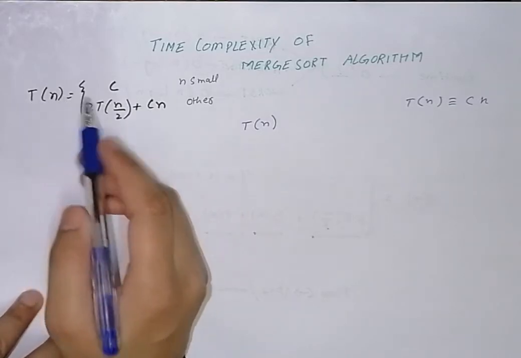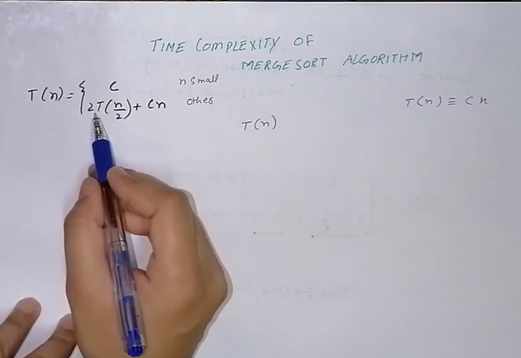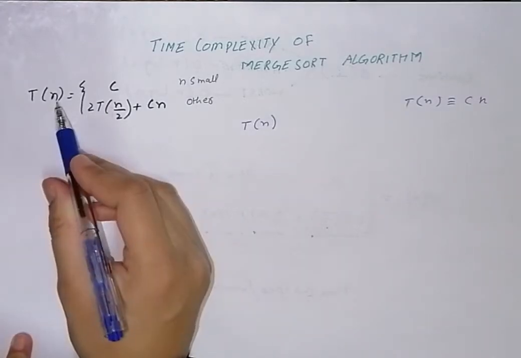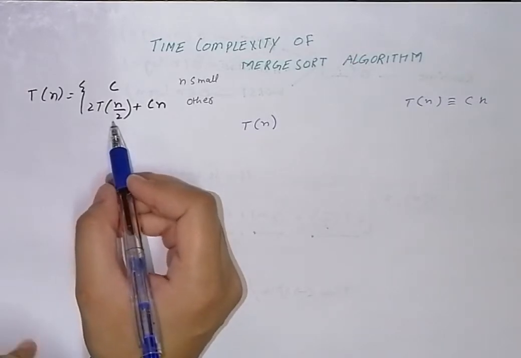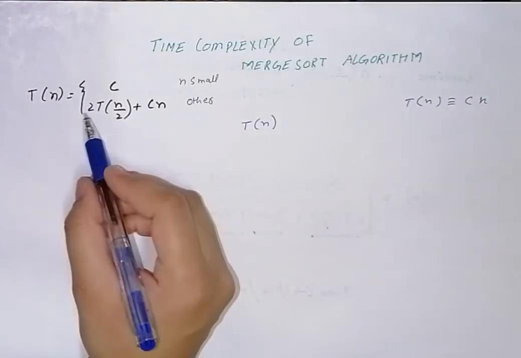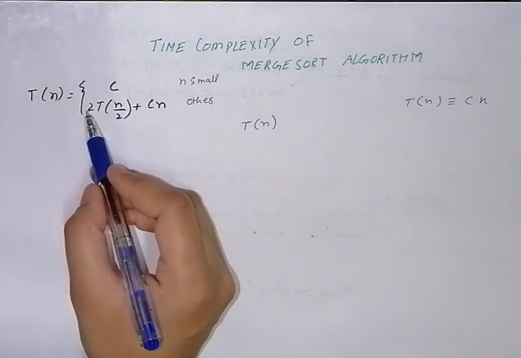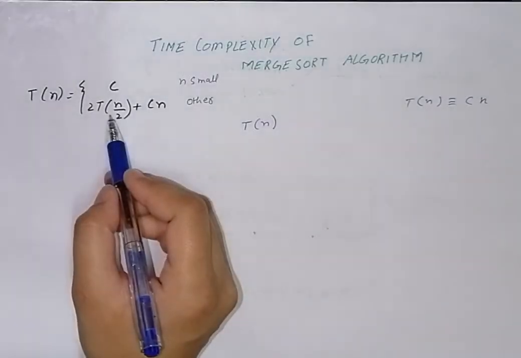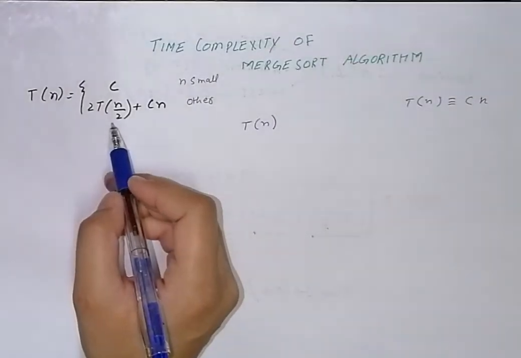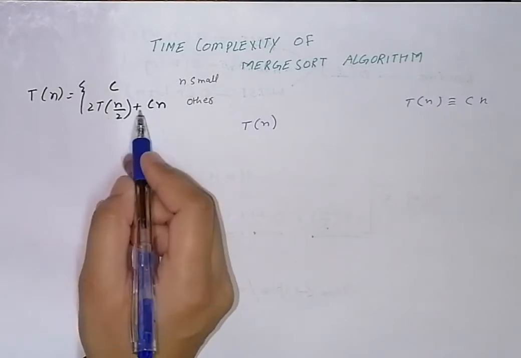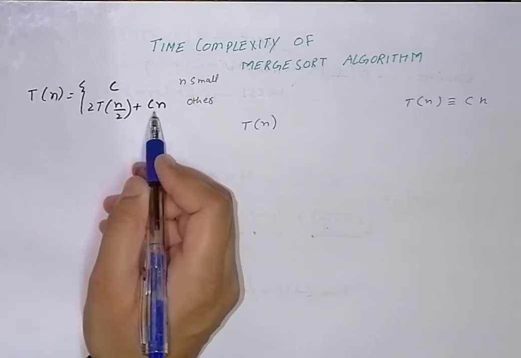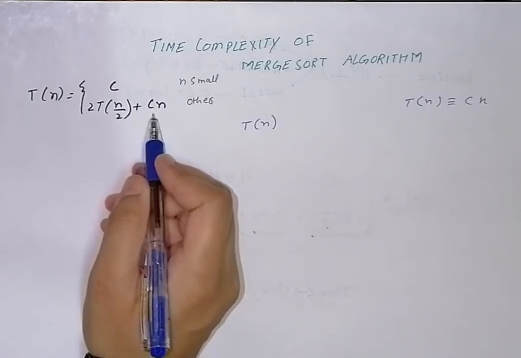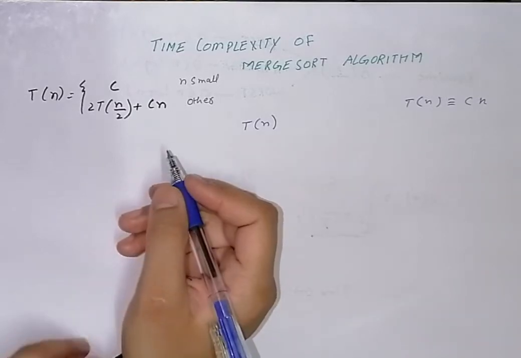This states that the merge sort algorithm, at every instance, does two things. Number one, it splits the data set of size n into two data sets, each of size n by 2. The 2 represents that my original data set is being split into two parts, and n by 2 represents that the new size of the data set is the original size divided by 2. Plus the additional cost we have to face is C of n, that is the cost of dividing the data and then merging it in order to bring it into sorted form.